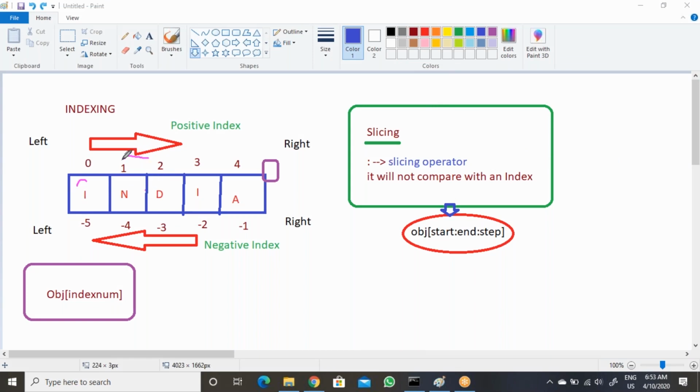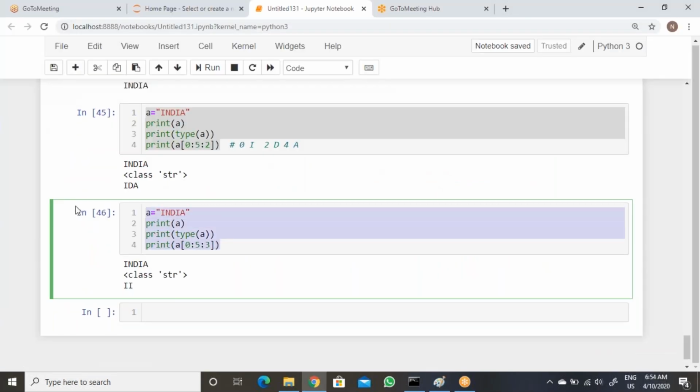So 1, then ND is skipped, then I is coming again. Then we don't have any values. So that means I, then I is coming. So now that is the case. If you observe here, the same thing, you take two values skipped. So going forward you can use different approaches.